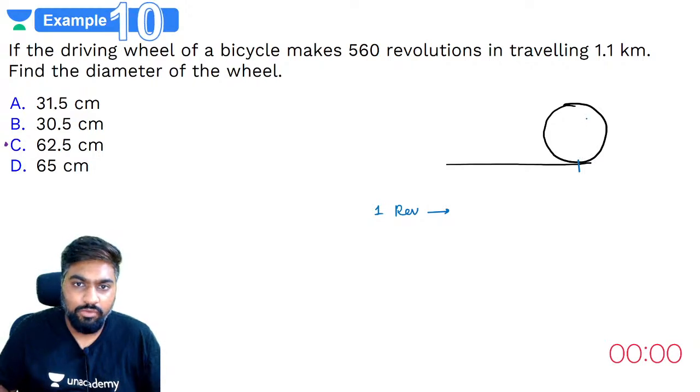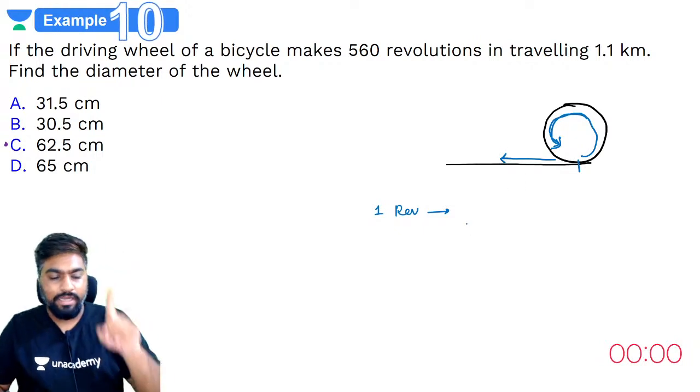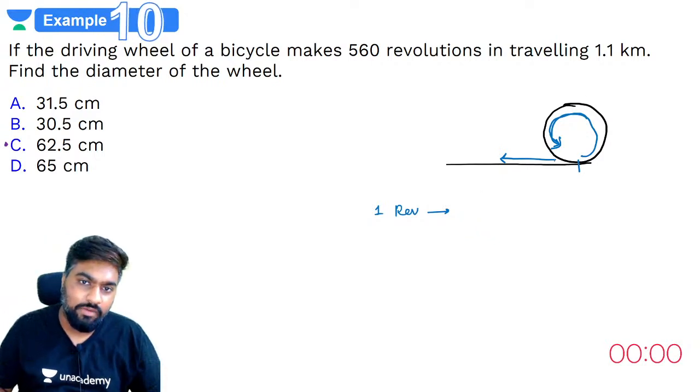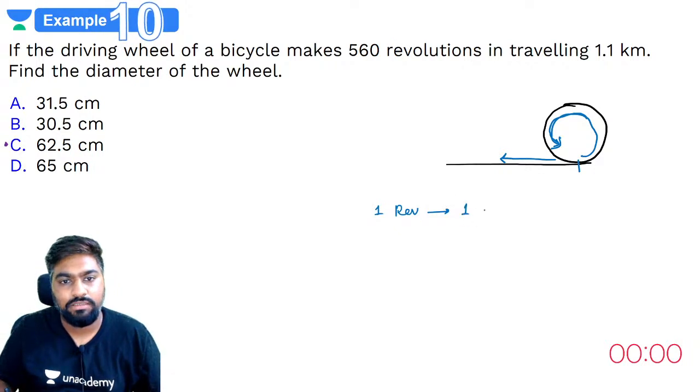तो क्या होगा, ये wheel घूम रहा है, correct? This is rotating, correct? So it rotates, what happens, whatever is this length, यहाँ से लेके यहाँ तक जो भी है, all this will touch here, correct? So whatever is this length is this length, yes or no? So when it rotates once, the distance covered by it is what? The length of the entire wheel. That is what? One circumference. Agreed?